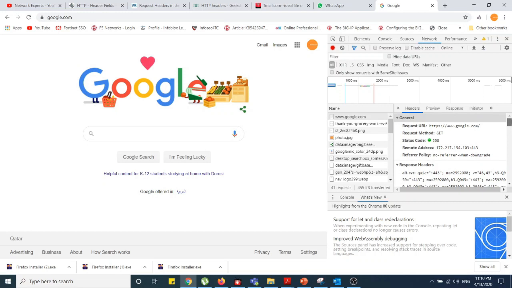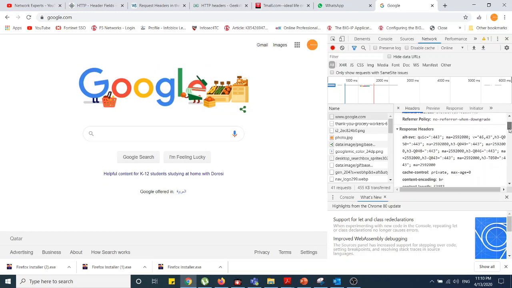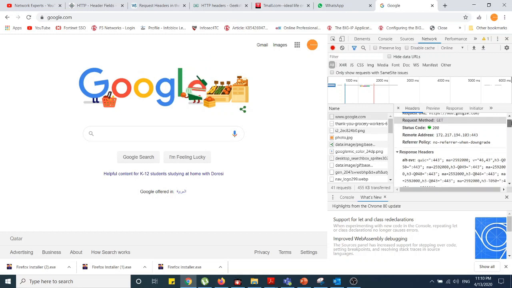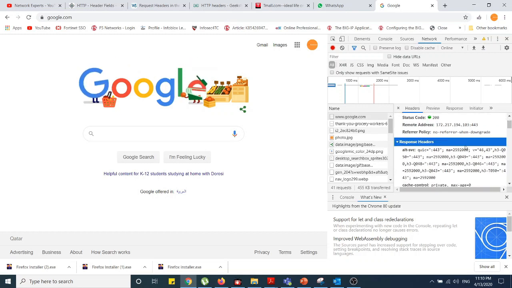I just want to show you how it will look. You can see the request URL status code is 200, which means the result is successful. Similarly, the request method is GET.